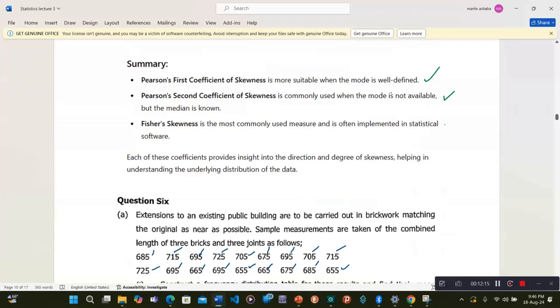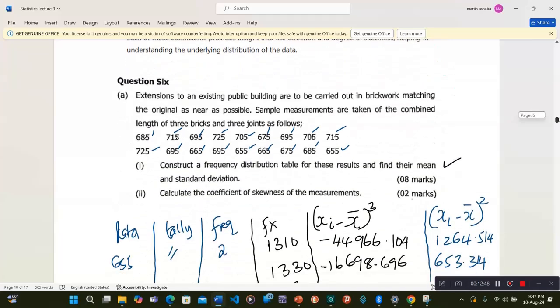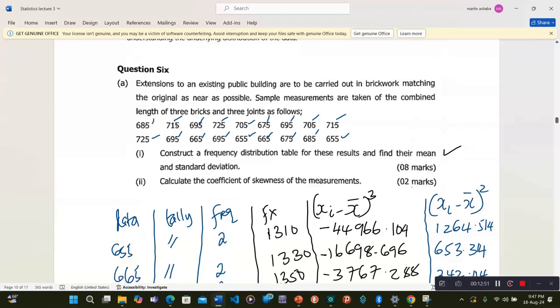So in summary, you use Pearson's first coefficient if the mode is known. Then the commonly used method when the mode is not available is Pearson's second coefficient. Then Fisher's skewness is the most commonly used to measure skewness and is often implemented in statistical software. Now we looked at an example, and this example says extensions to an existing